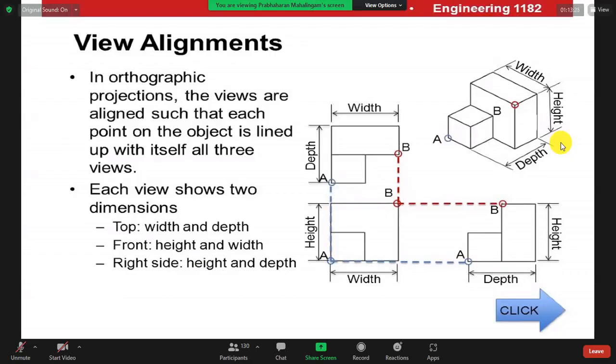USA introduced first angle projection, and the UK introduced third angle projection. Right? We will see, don't worry. Like TOEFL and IELTS. Suppose you take IELTS, you can't go to America, or you can travel to America, but they ask what is your TOEFL score. When you want to go to Canada or any country other than the USA, they ask you for the IELTS exam. So there are two disciplines there.